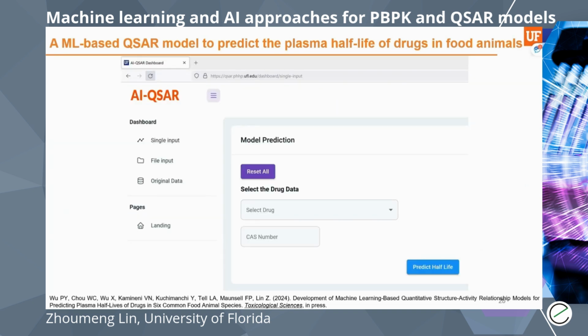To make our model more user-friendly, we converted it into a web dashboard. With this web dashboard, other researchers simply need to select a drug or enter the CAS number of a drug, and then they can quickly predict the half-life of the drug in the selected food animal species.